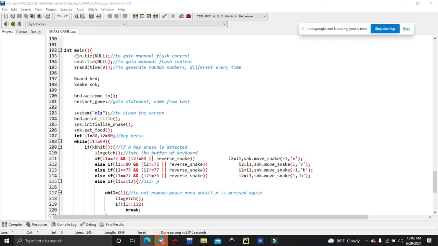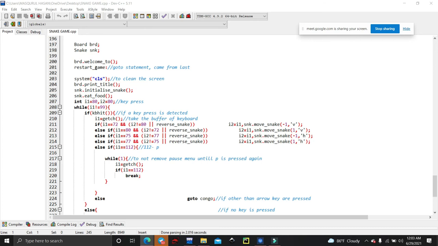So then we have our function. This is a user defined function. Here you can see this is for gaining manual flush control, and this is also for the manual flush control. And this part is for generating random numbers, different every time.